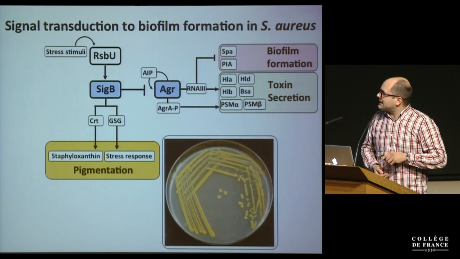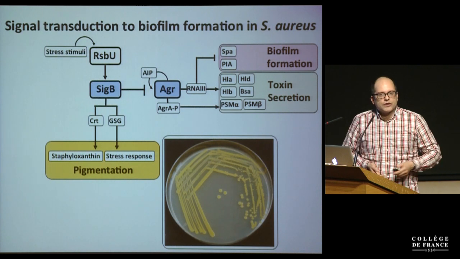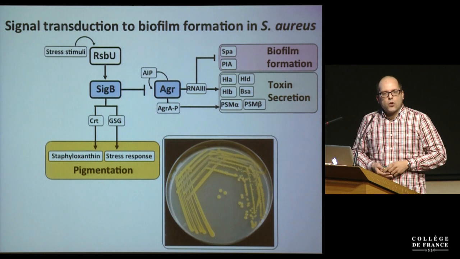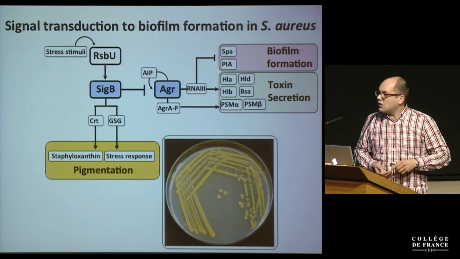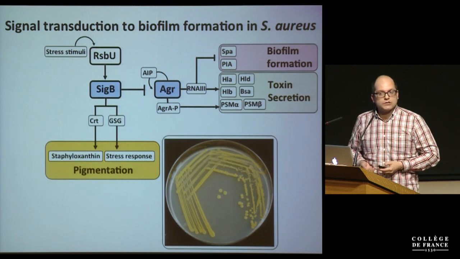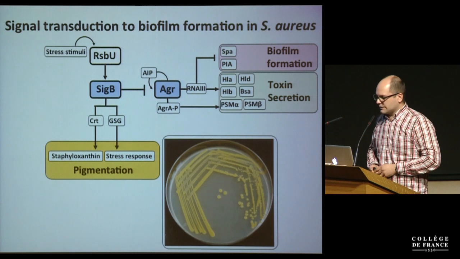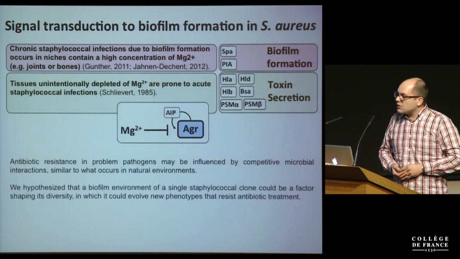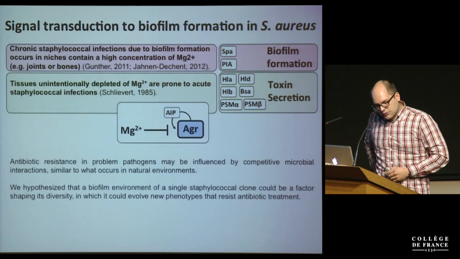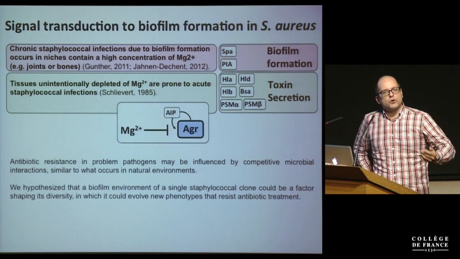At the same time, it activates a general stress response that includes the production of a pigment called staphyloxanthin. It's yellow, and is the reason why Staph aureus has this yellow coloration. It's called aureus because of the gold coloration of the bacterium. So when we were working with Staph aureus, we were trying to develop a biofilm formation assay to explore antibiotic